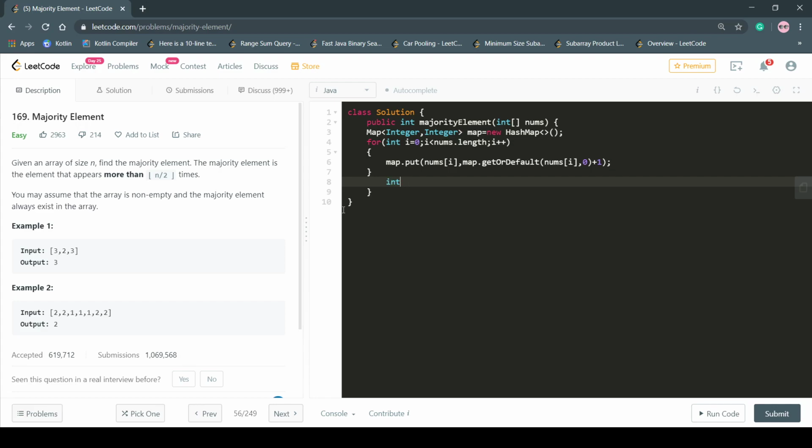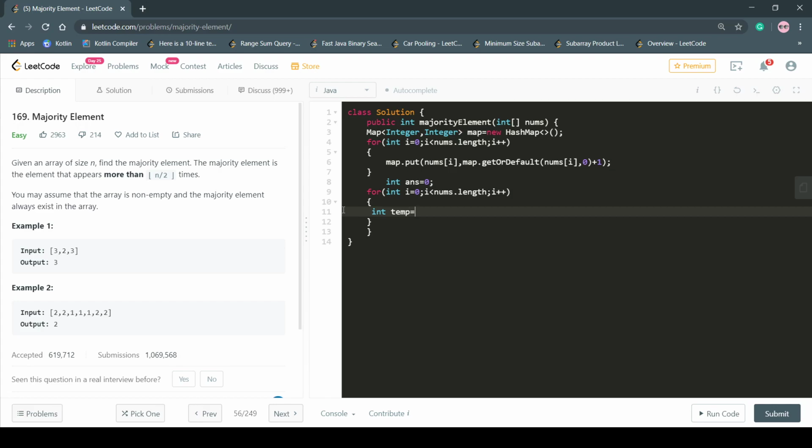Now let's declare an answer variable in which we would store our answer, and now let's iterate over the for loop again. Here we would declare a temp variable. Every time we iterate through the for loop, we would take the count of an element, and if the count of an element is more than n by 2 times, that is our answer, and we would return the answer.